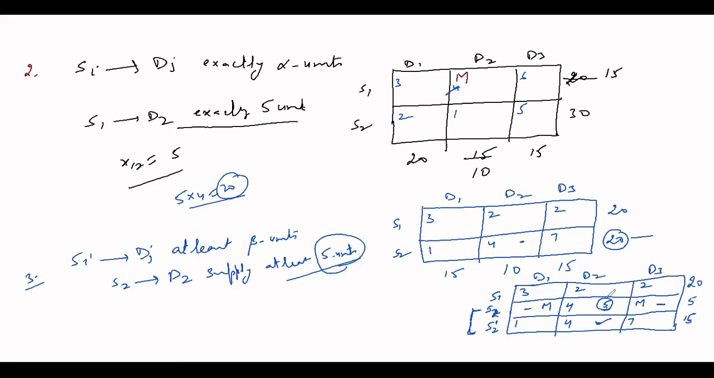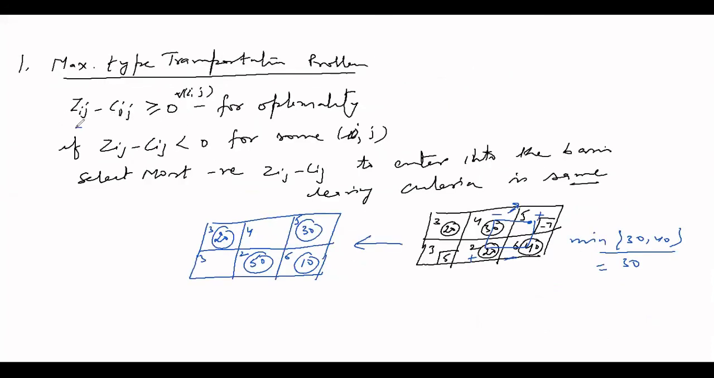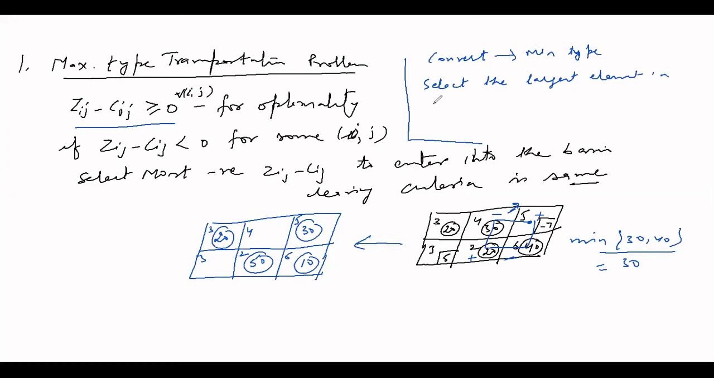Okay, so this was all about my transportation problem. And one more thing I wanted to discuss in the maximization case: we had reversed the optimality criteria. The other way is to convert this problem to minimization. So how are you going to convert this problem to minimization? Select the largest element in the cost matrix